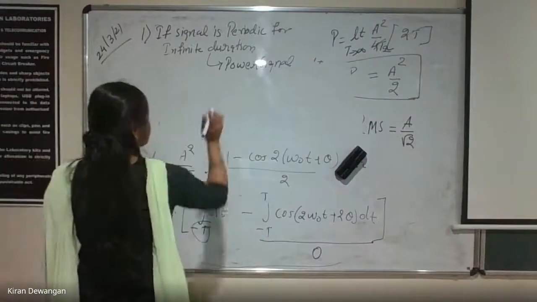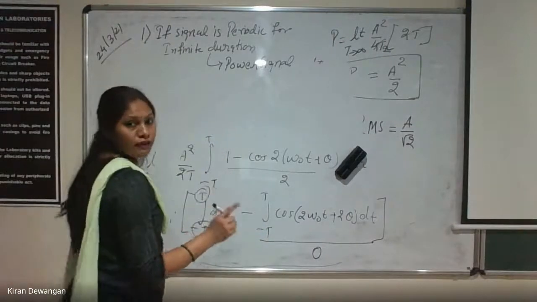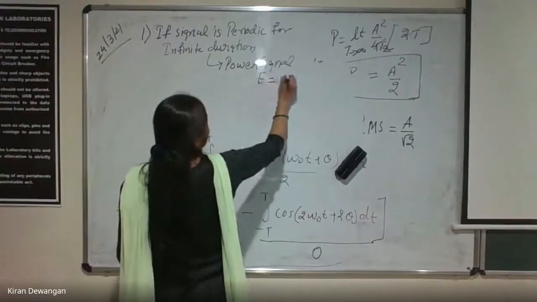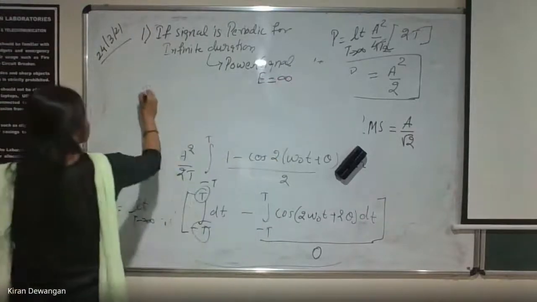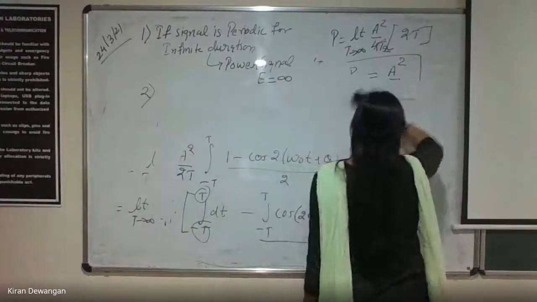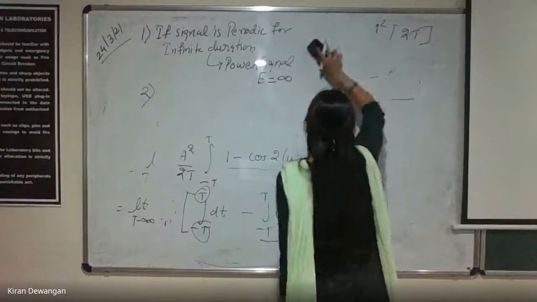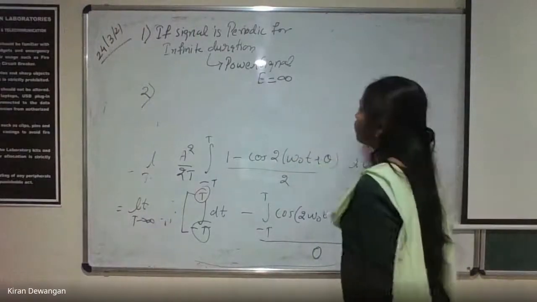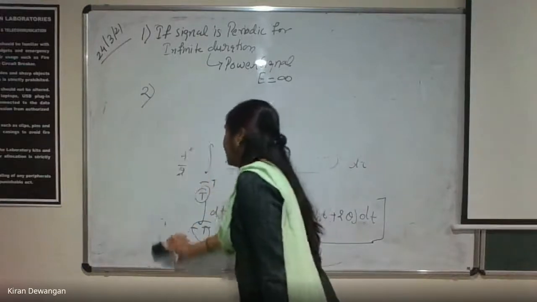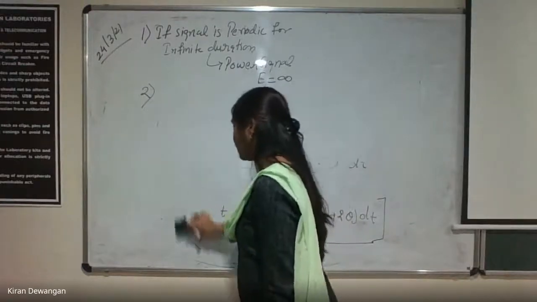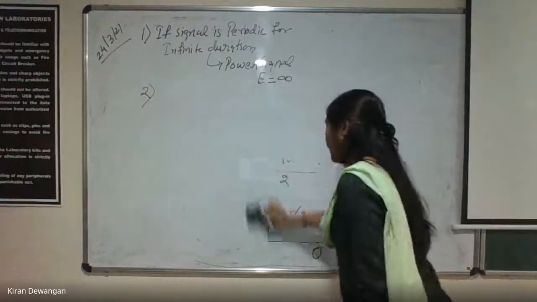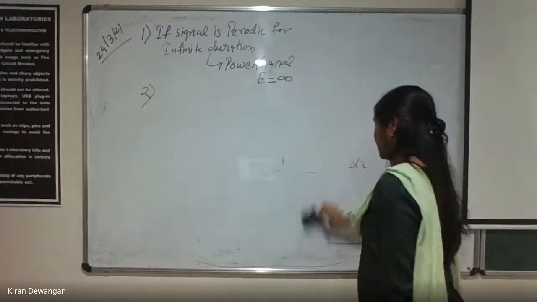Directly start calculating the power, and its energy should be infinity. ठीक है? This is my first point. If it is a periodic signal for infinite duration is very important. मतलब वो पूरा from minus infinity to plus infinity के लिए periodic है, declare बोल रहा है. But periodicity is again, it is either for infinite duration or it may be for any particular finite duration के लिए भी हो सकता है.